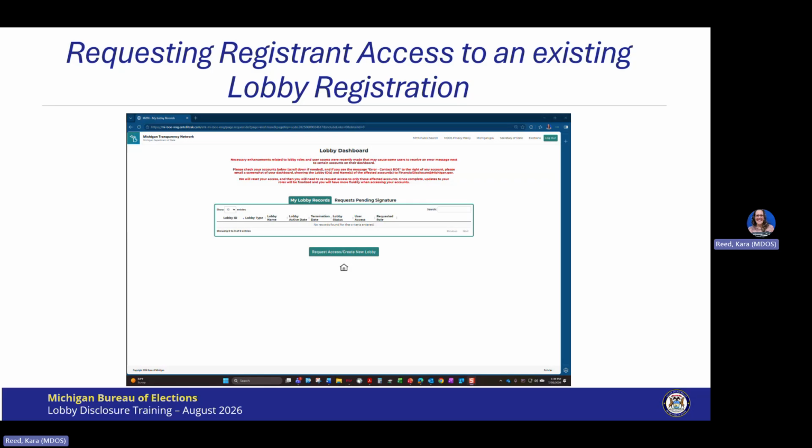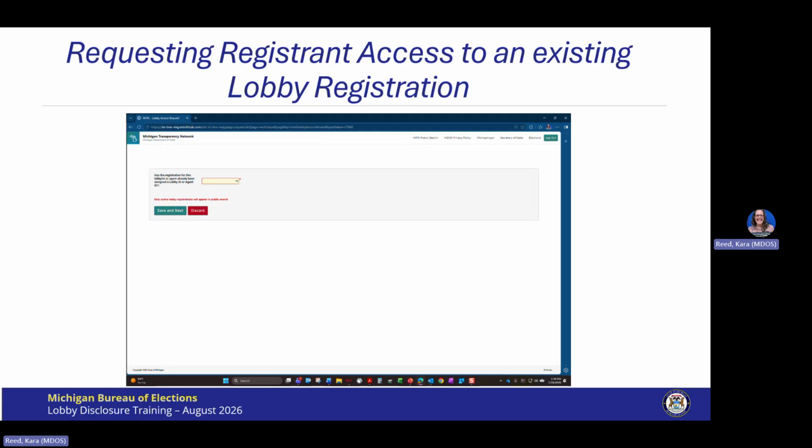From the lobby landing page, we start the process by clicking Request Access, Create New Lobby. The first question on this page is where you will say yes or no, the lobby registration is already active. I will say yes. A second field shows. This is where I will start typing the name of the lobby ID that I'm requesting access to.